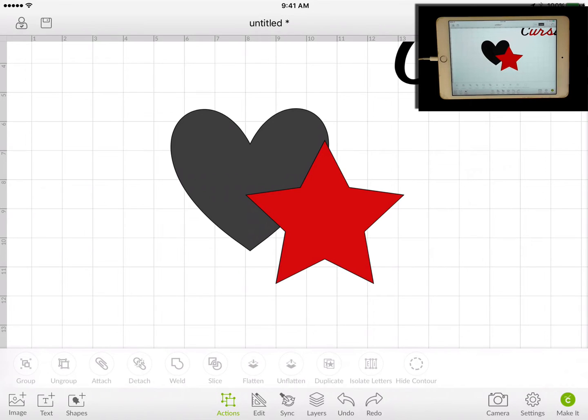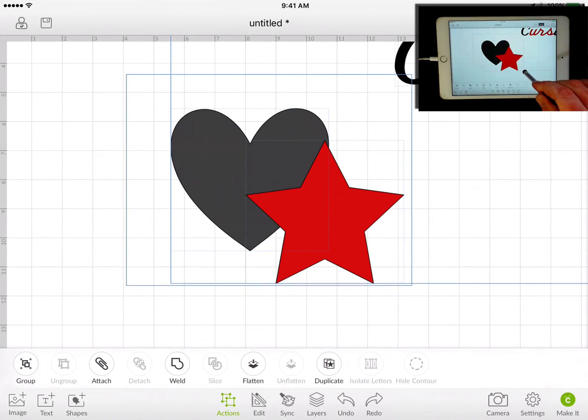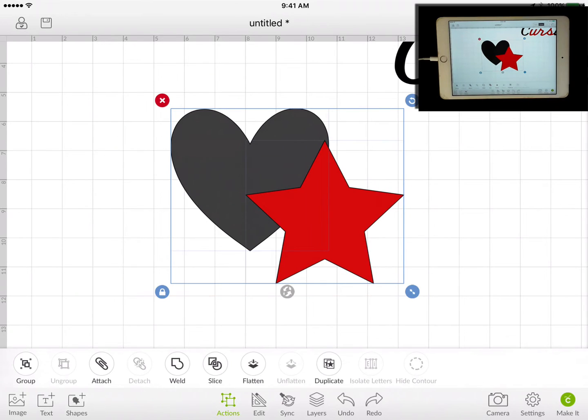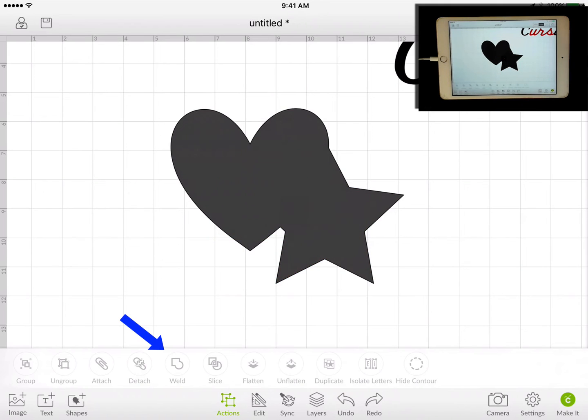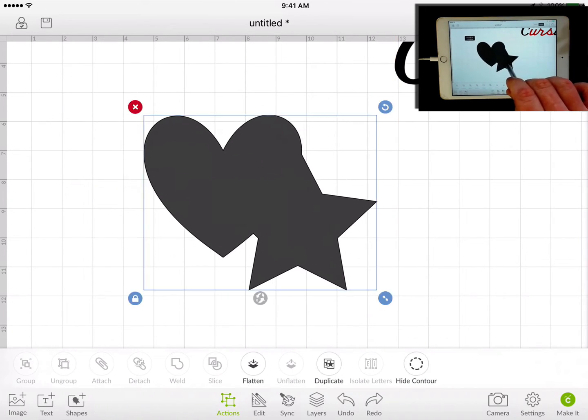are one item. So for example, with this, I'm going to go ahead and select this, and I'm going to fuse the heart and the star together. Like I said, it's under the Action menu, and we're going to go ahead and click on the weld, and that is found right here. So I'm going to click on that, and you're automatically going to see that the shape is now one. I can go ahead and click, it moves as one single piece, and this would cut out as one single